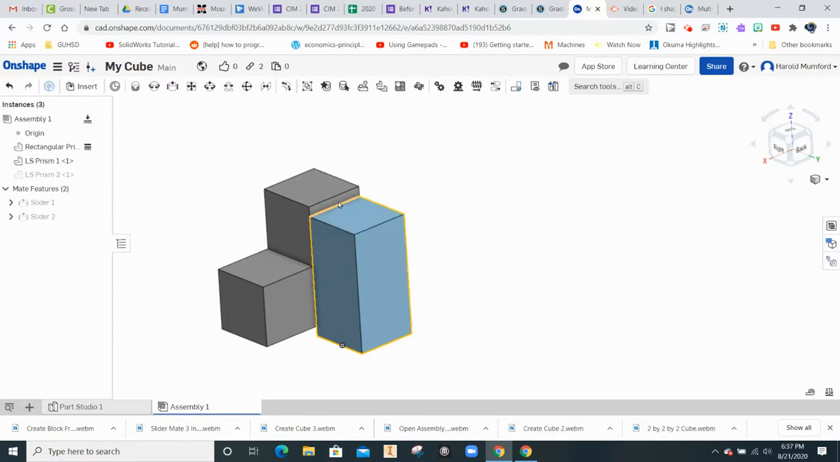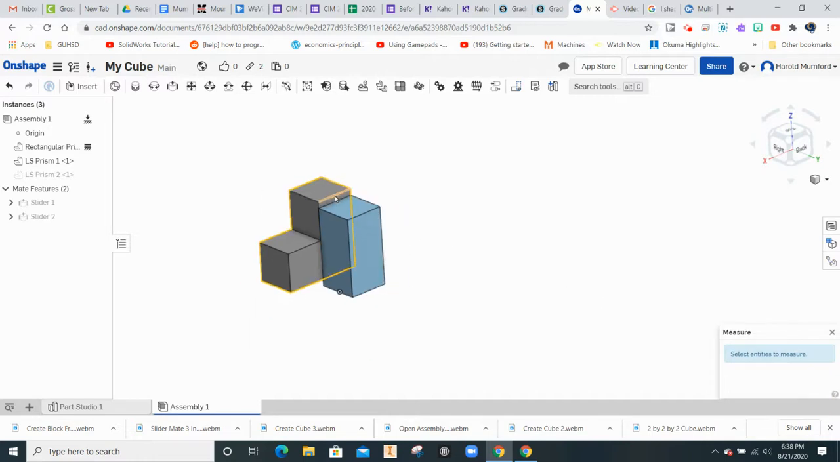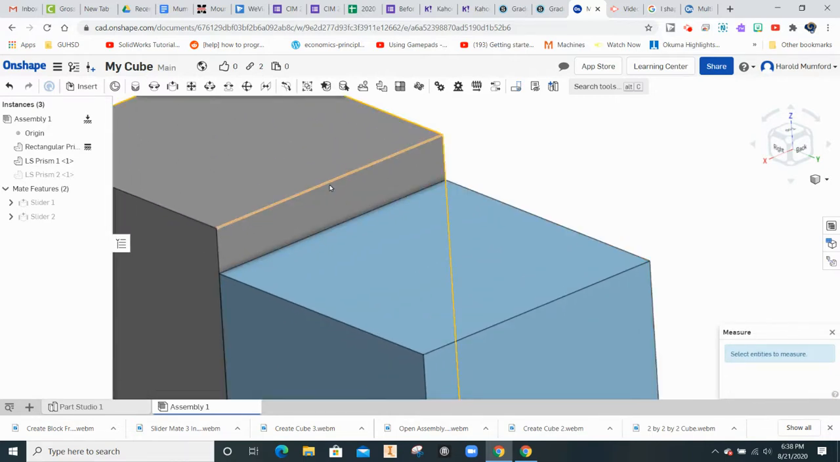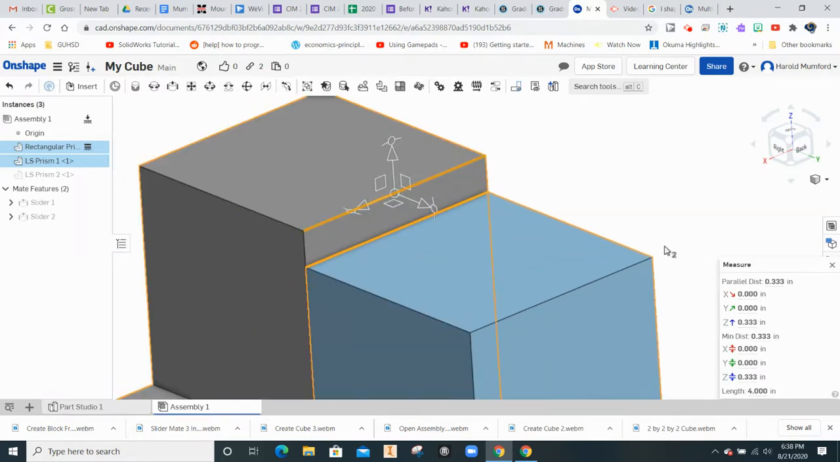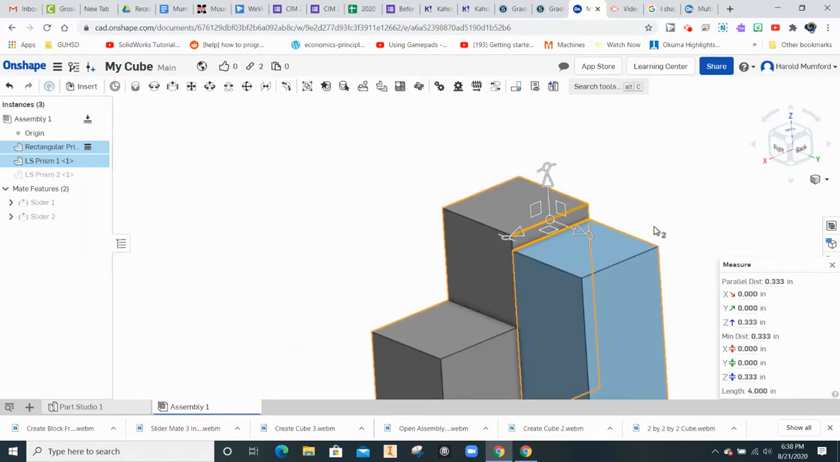So we're off in this direction. And down here, there's a wonderful little measuring tool. And we can measure from this edge to this edge. And we can see that in this case, it's off in the Z 0.33. However,